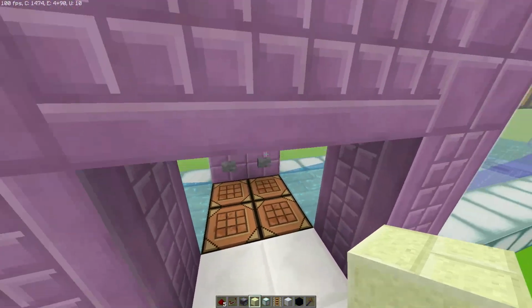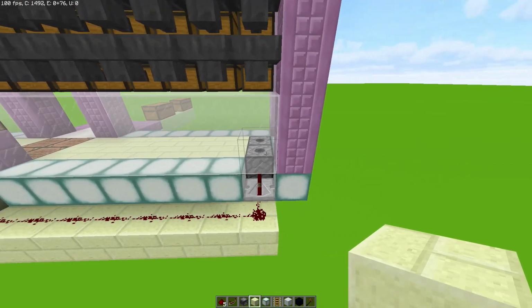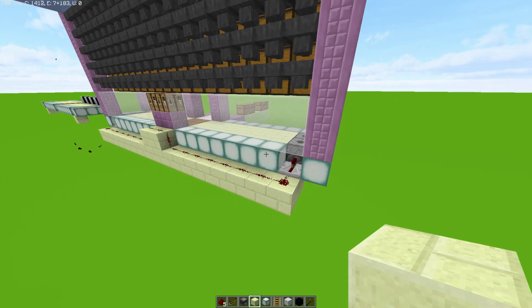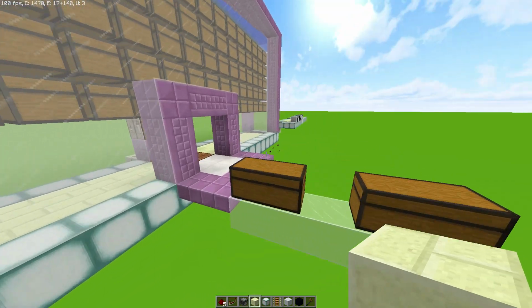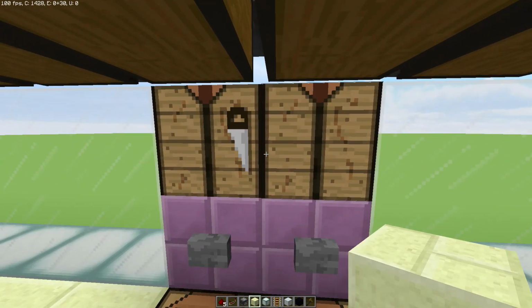Now there are a lot of different ways to power these dispensers. All that matters is they both get powered with a button. I mean, you might not even want that. Maybe you just want a pressure plate in the middle. I don't know. But my best advice is to have some crafting tables up here,